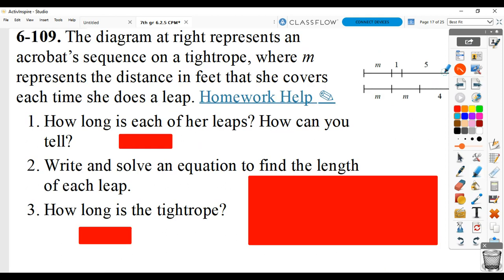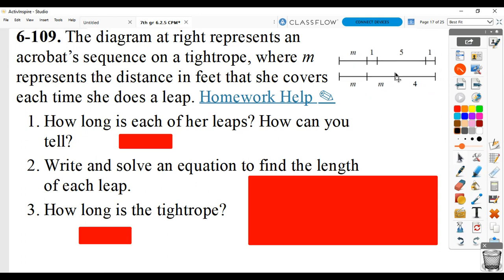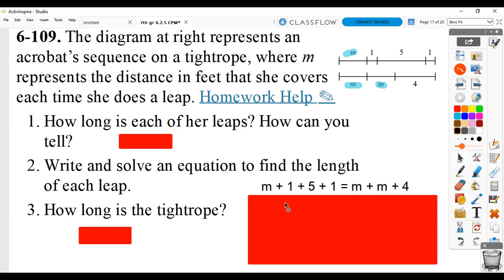For 109, we have this graphic, and m is representing the distance in feet that she makes in her leaps. So we want to know how long her leaps are. We know that m plus 1 plus 5 plus 1 has to equal m plus m plus 4. So we could set that up and write it as an equation, which they ask us to do for the second one, and then figure out the answer for the first one, or you could instinctively figure it out first. Either way, the equation would be m plus 1 plus 5 plus 1 equals m plus 4,